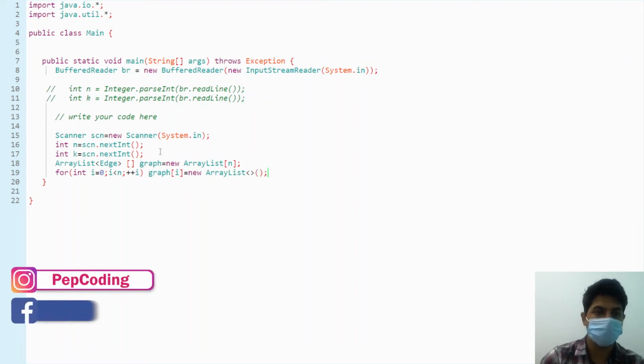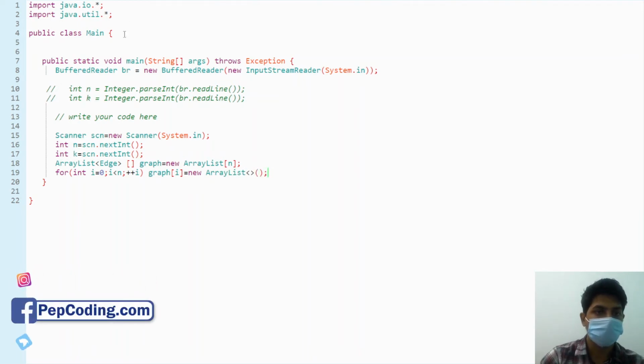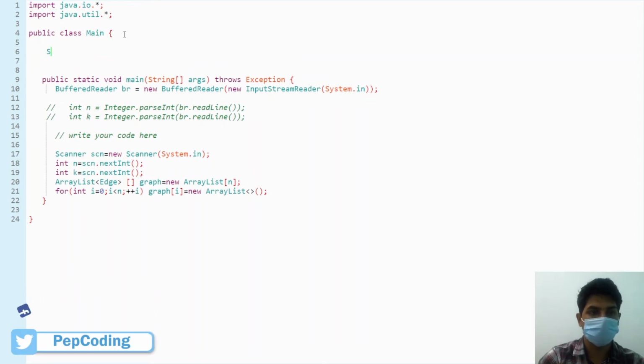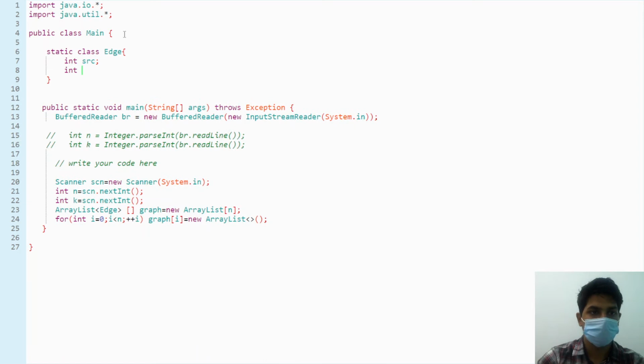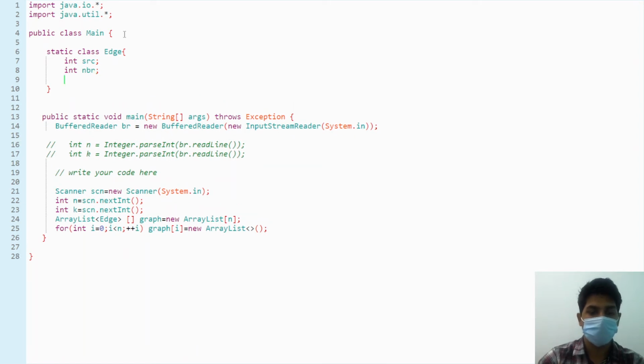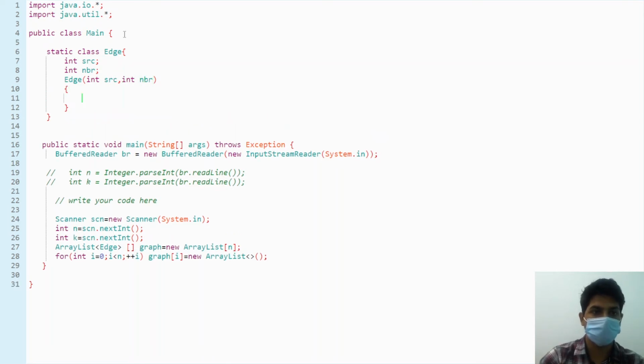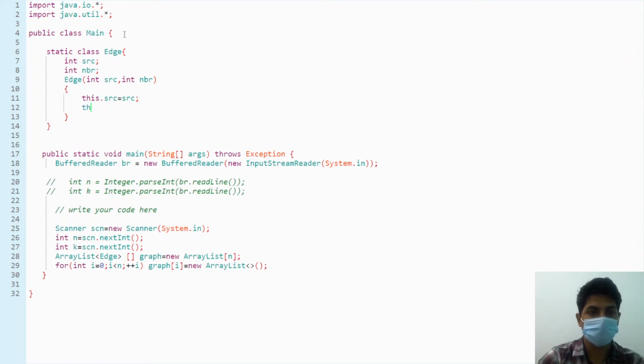This is done. We will have to make the edge class also. Let's make static class edge, integer source, integer neighbor. Let's make the constructor for this class, integer source, integer neighbor. Let's assign it the values, this dot source equal to source, this dot neighbor equal to neighbor. Now we are done with that.